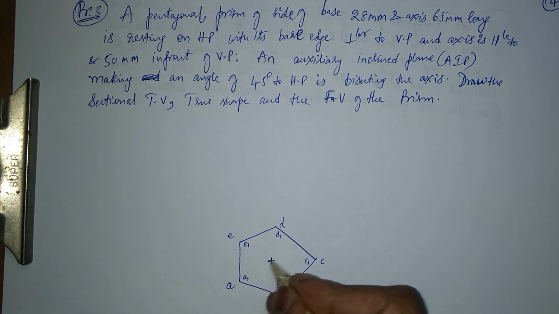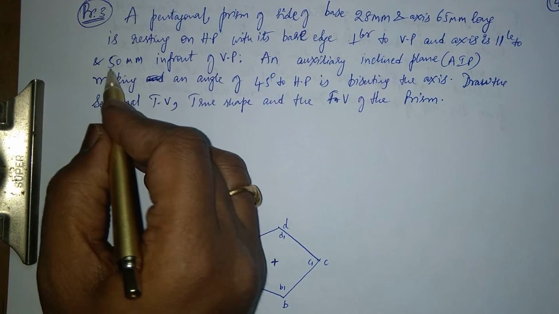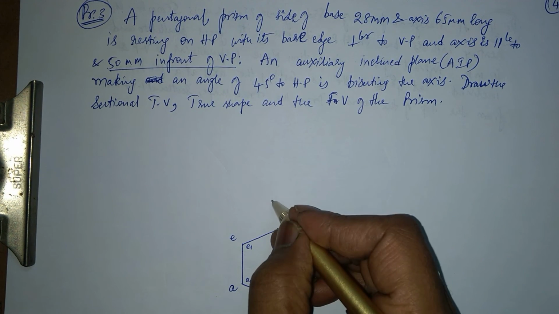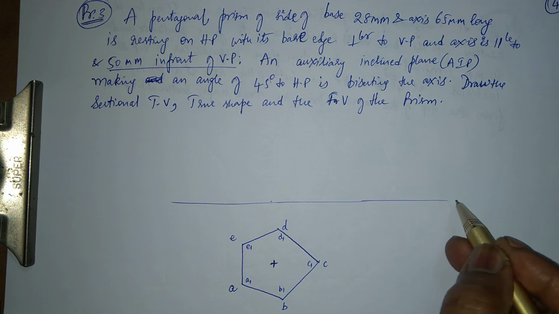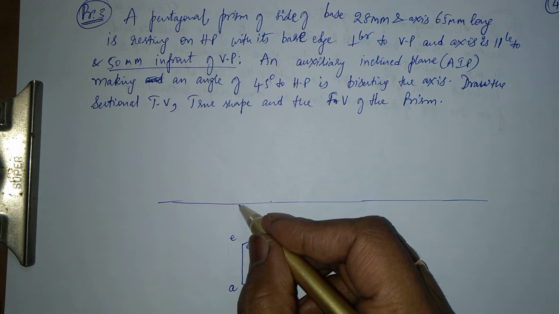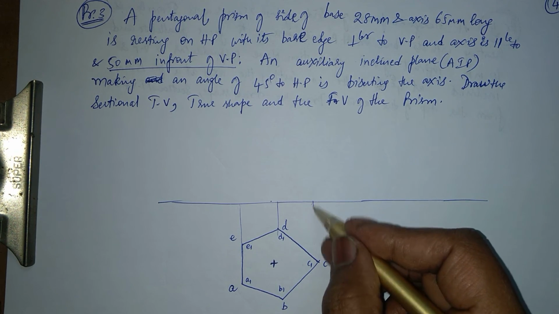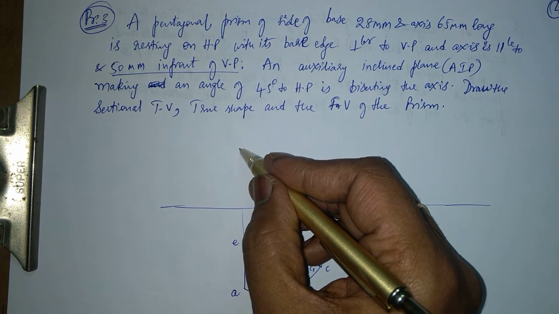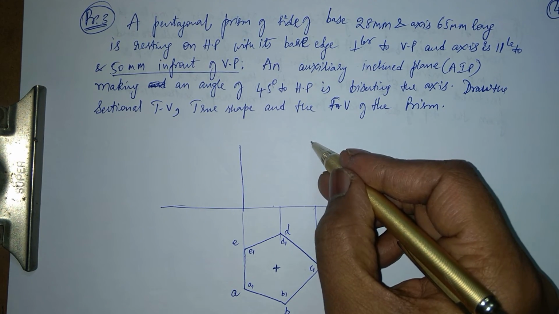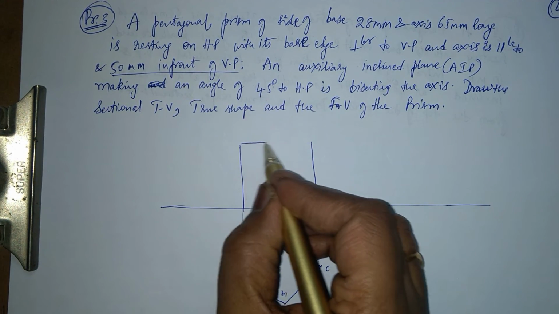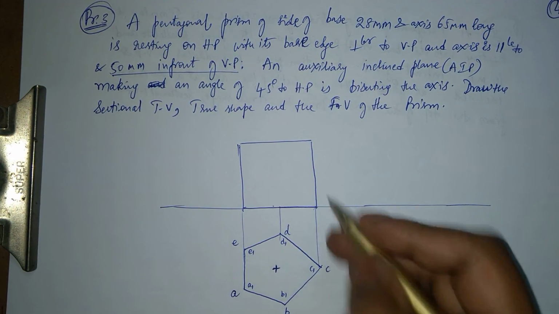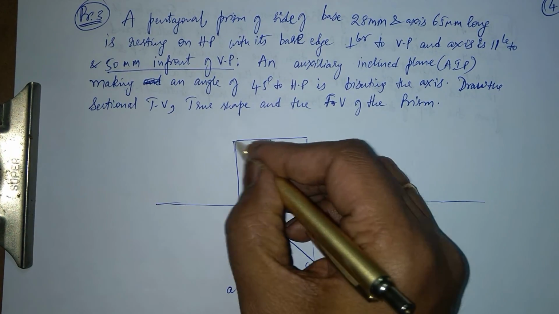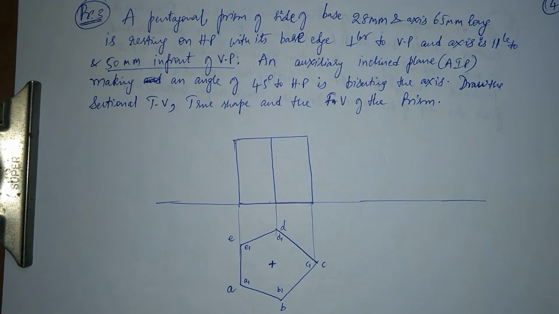This is my center of the prism, and then this is saying 50 mm in front of VP. So from here 50 mm is what I'll mark here. Okay, and then I'll draw my XY line. Whatever the height is, let me get the height here. Since I need to get the true shape, I'm just taking the height a little lesser. It's not to the scale, so you guys can draw it to the scale. I'm assuming that this is 65 mm long, but it's not 65, but it's okay.